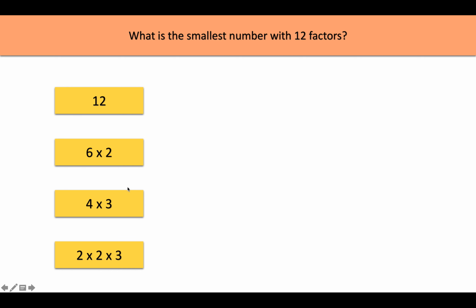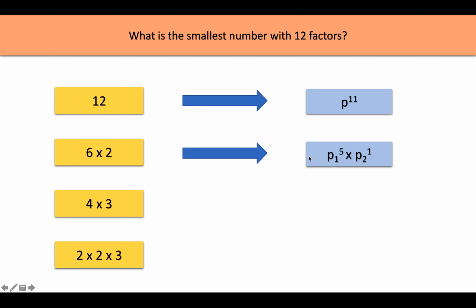Excluding 1, obviously. So if it is written as 12, we see that a number which is of the form p raised to power 11 will have 12 factors, right? The choices for the exponent of p here are from 0 to 11, which is 12. So it has 12 factors. Similarly, for 6 multiplied by 2, the prime factorization should be something like the exponents should be 5 and 1, right? So that again you can check in the reverse manner, go from this blue to the yellow box, right? You can see the number of factors of this one will be 6 multiplied by 2 actually.